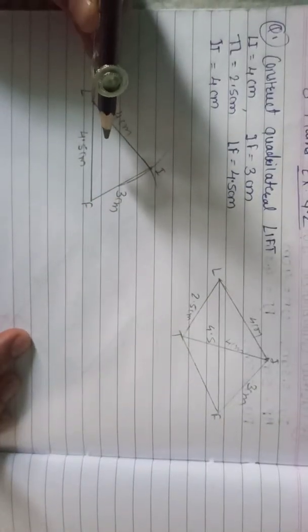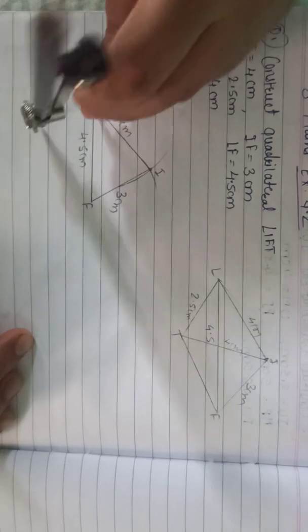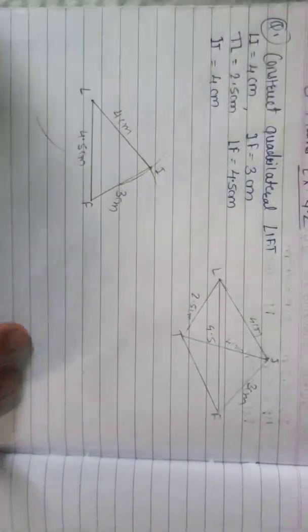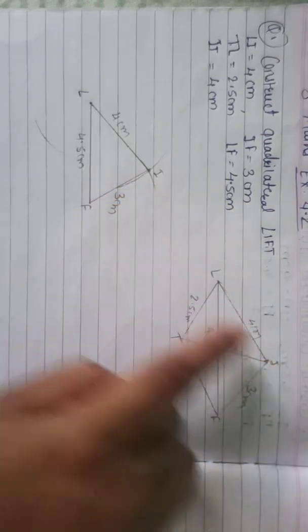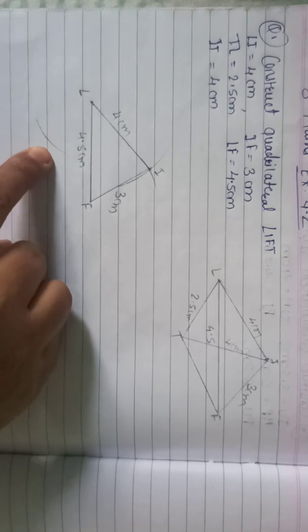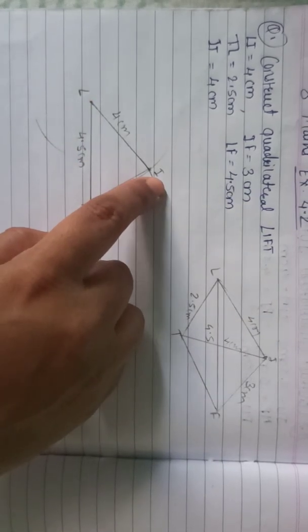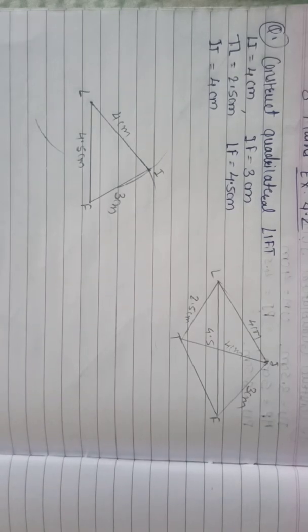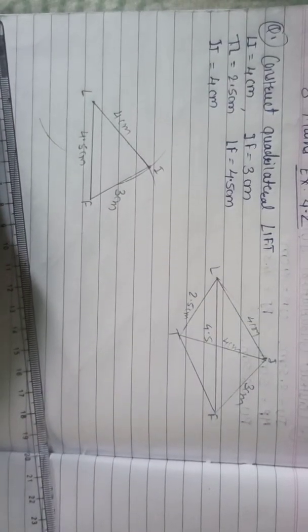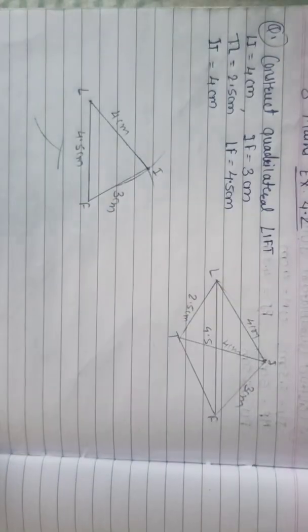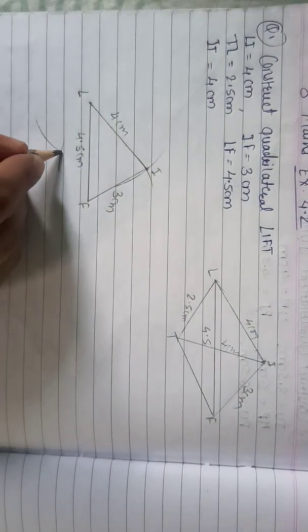So to get T point from L, you have to draw one arc, and as one side is not given, don't worry, but another diagonal is given, which is IT. To get T, we can draw from L, and for the other arc, that IT side is given, one diagonal, and that is 4 centimeter. IT is 4 centimeter. So in your compass, take 4 centimeter distance, and from I, as IT is 4, we draw another arc. Okay, now here is the T point.